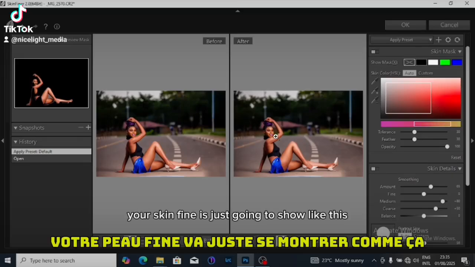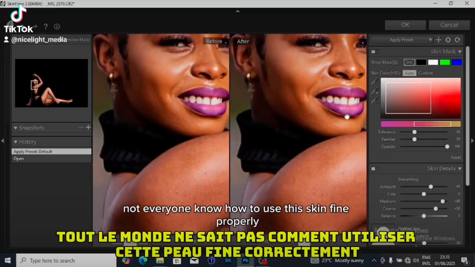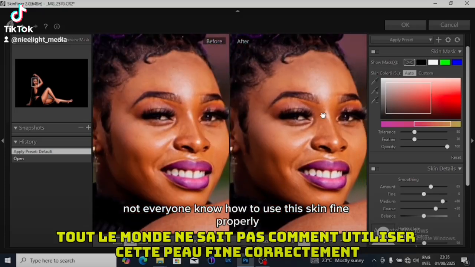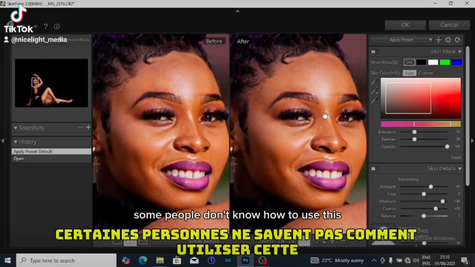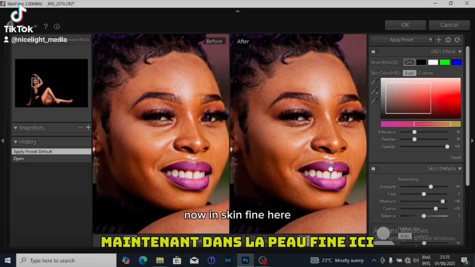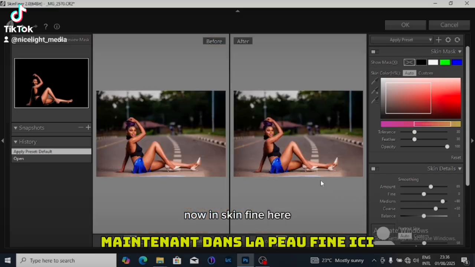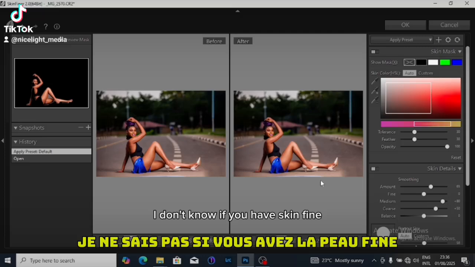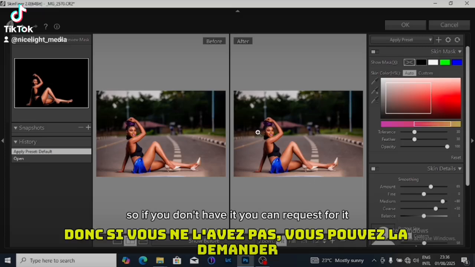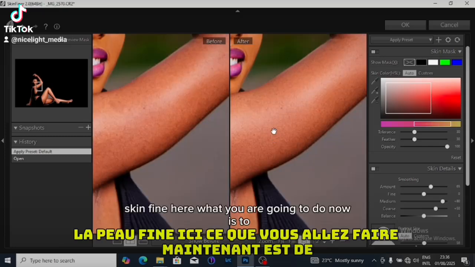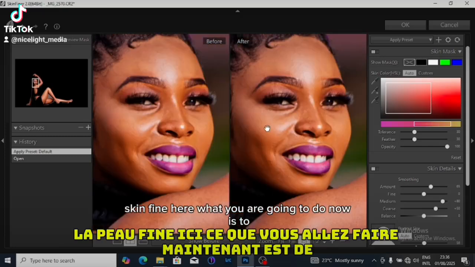So your skin fine is just going to show like this. Not everyone knows how to use this skin fine properly. Some people don't know how to use the skin fine properly. So now in skin fine here, I don't know if you have skin fine. If you don't have it, you can request for it. So skin fine here, what you are going to do now is to